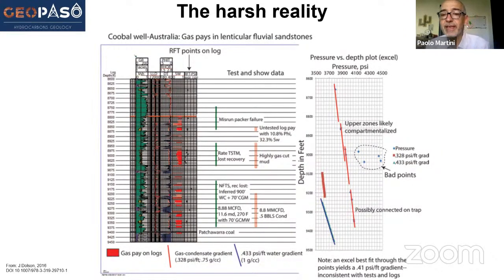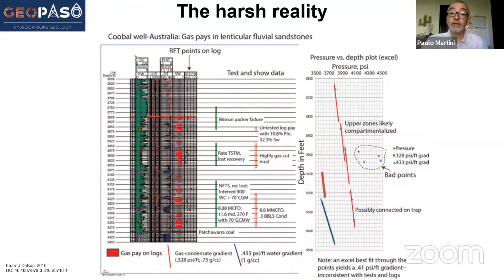So each sand is separated from the other, and it's very tempting to draw a line through all the gas points and say this is just one accumulation. And we will see later that there are ways to determine if something like this is just a continuous gas leg or it's divided in several